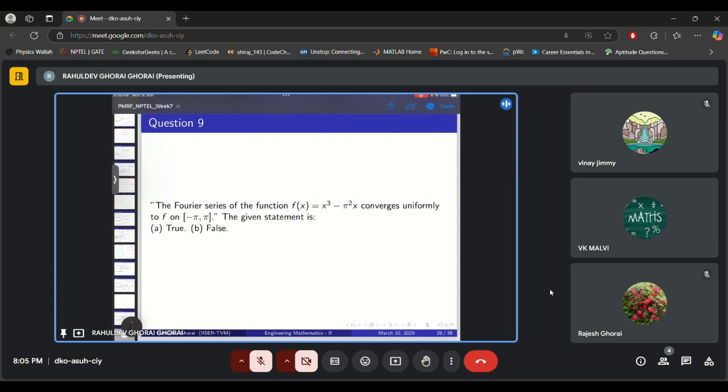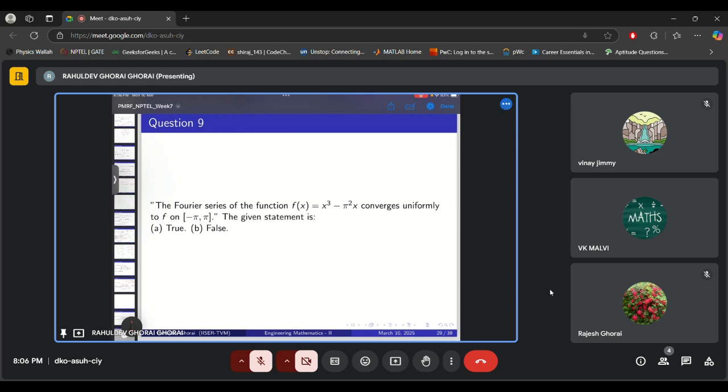So remember, this is a polynomial function, right? Don't get afraid by saying minus pi square. It's a coefficient of that function. Otherwise, it is a very nice function, x cube minus pi square x. That's a hint. So when you have a function which is polynomial, that implies it is a continuous function on minus pi to pi,